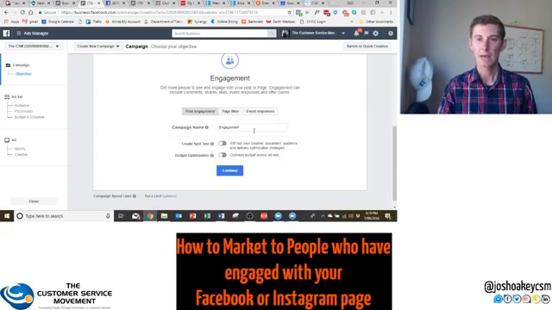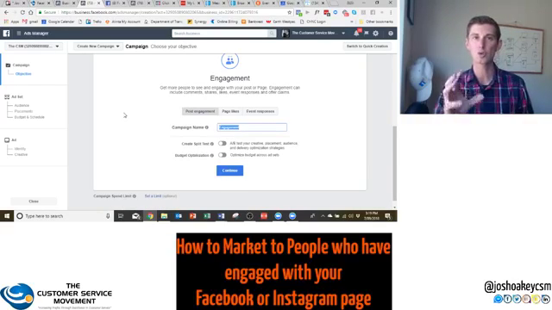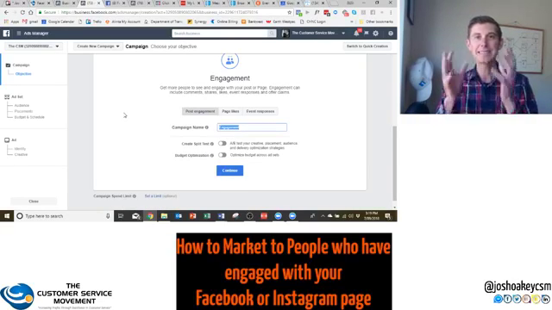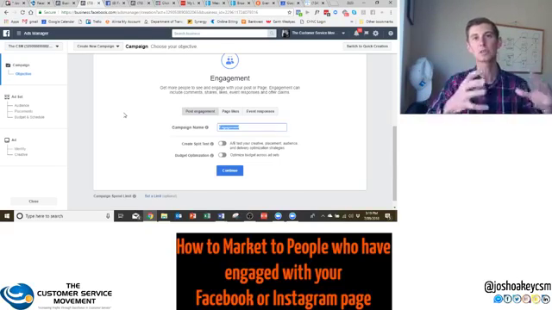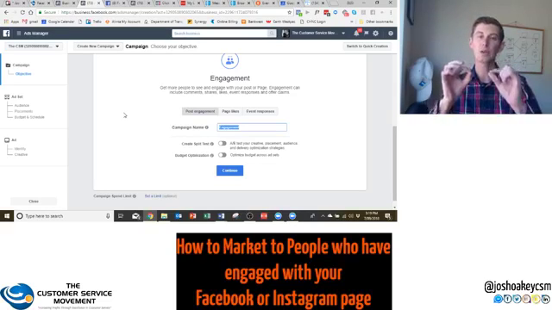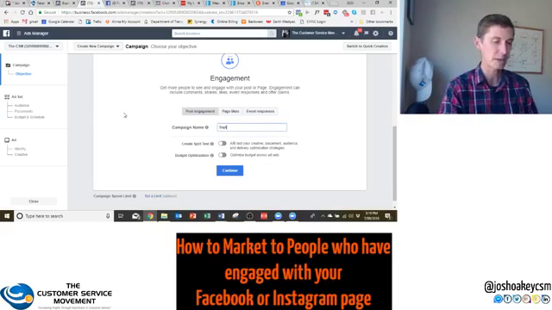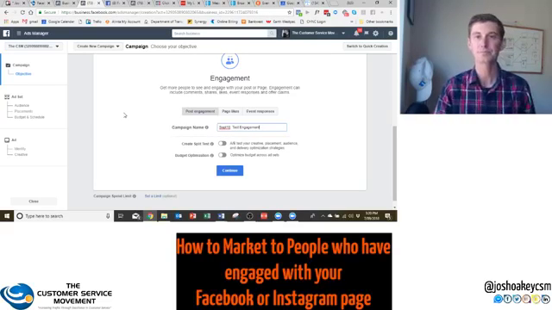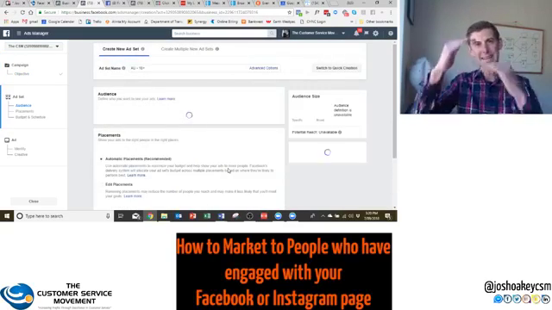more effective. When we come down here, we need to make sure that our campaign name is detailed again. Why? Because when you get a bill and you want to see where you've spent all your money, or you want to dissect the results of your campaign, then you want to be able to find that campaign very quickly. One of the tricks that I'm using with my business and also those of my clients and students is to put in something like this: September 18, colon, and then test engagement, and then we can continue,